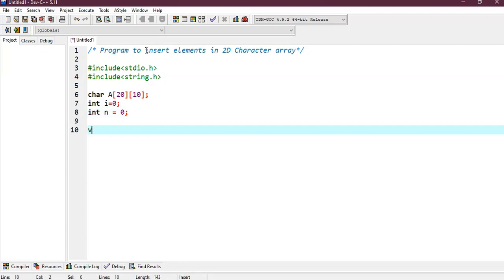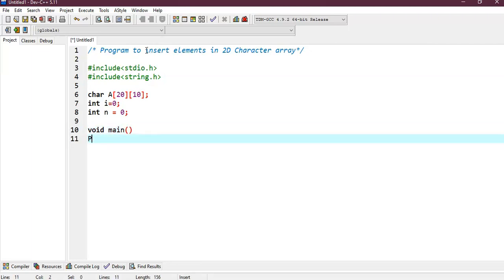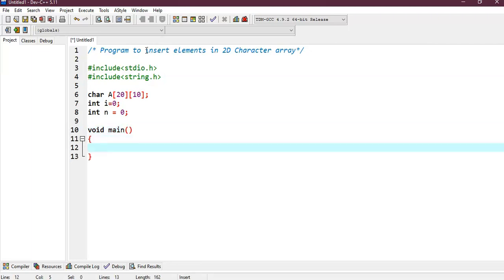Now we may move to main. The functions that we need we will declare later. First we will write the main code for ourselves. So here I am writing main. So the array we have already declared, i and n we have declared. So what we will do is we will ask the user how many names they want to enter. So we will say printf